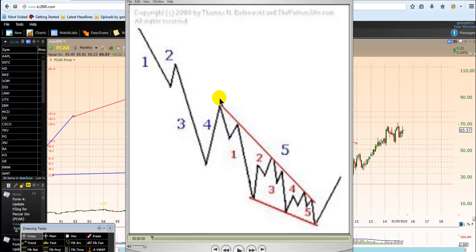Too far and too fast. Not too far or too fast, but too far and too fast. Okay? If the price went down too far and too fast, there is a high chance the fifth Elliott wave will be an ending diagonal. In this example here, as you can see, the internal wave of this ending diagonal in a downtrend is also 1, 2, 3, 1, 2, 3, 1, 2, 3, 1, 2, 3, and 1, 2, 3.